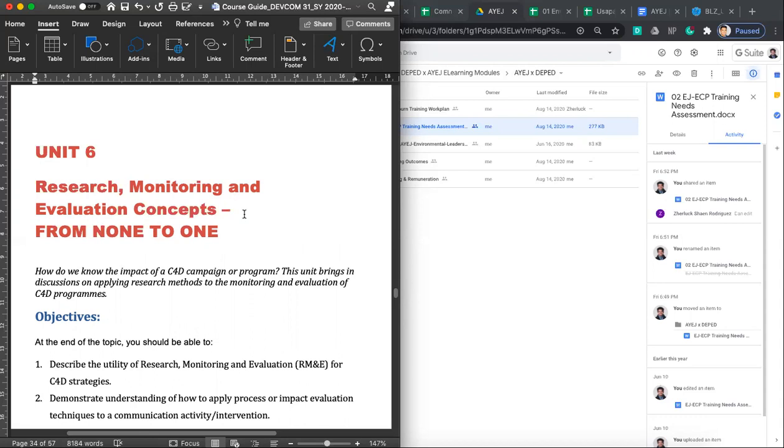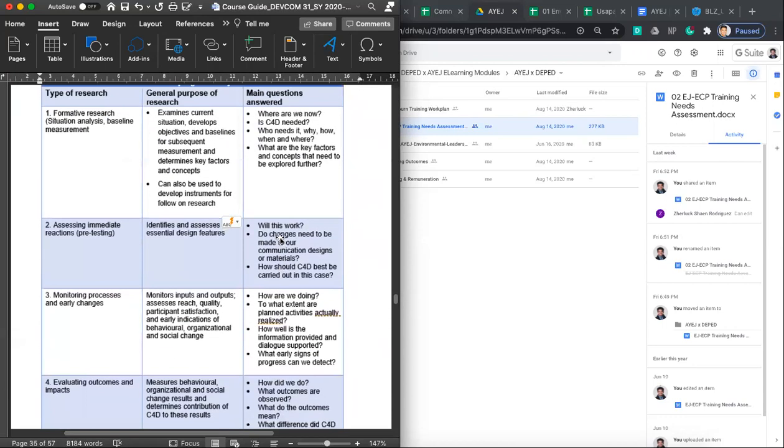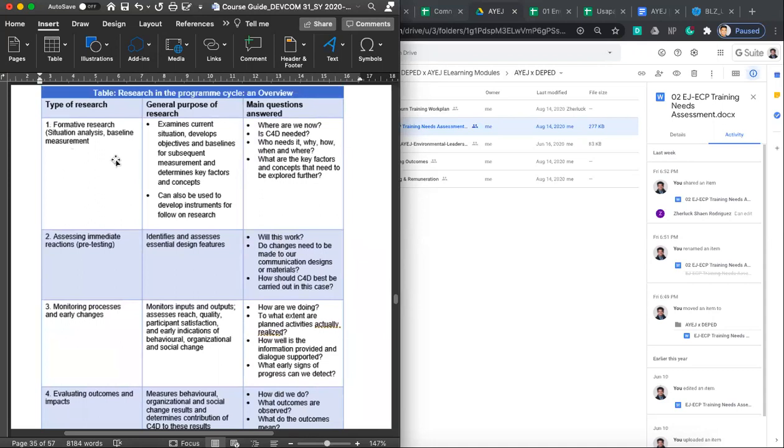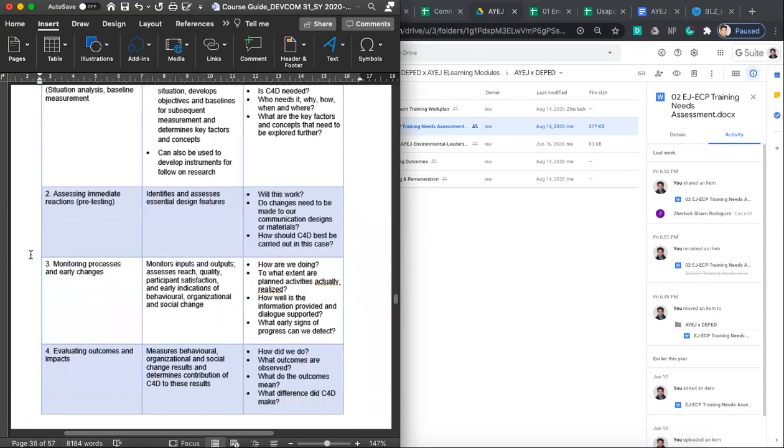So, you would need your baseline data. You would need to do research so that you know that there is a change because of your intervention from none to 1. And we will look at how that looks like later. So, ayun, looking at the table, we're done with formative research. We're done with pre-testing. Now we proceed to the monitoring, part 3, step 3, and then evaluation, which is step